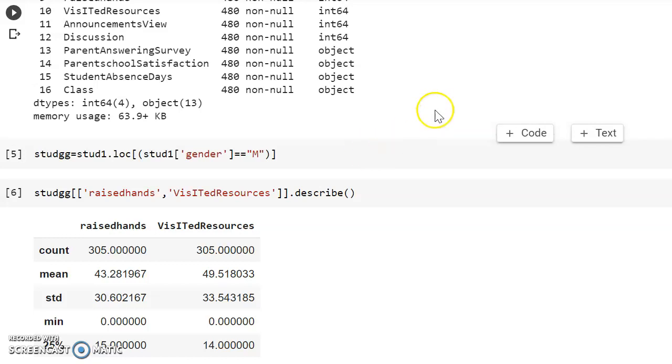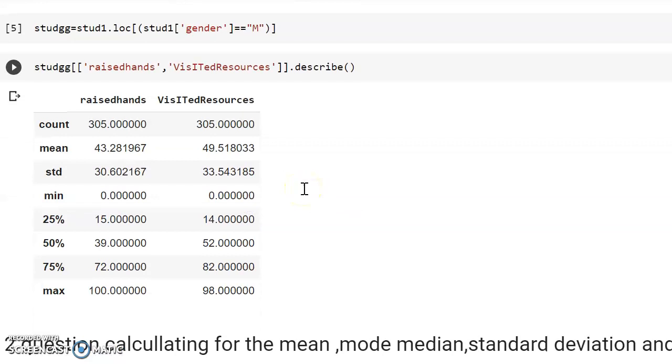So here I have taken the gender male, and I was trying to describe the resources, as the question asked to describe raised hands and visited resources. Here you can find my two attributes, raised hands and visited resources. I described both of those here.